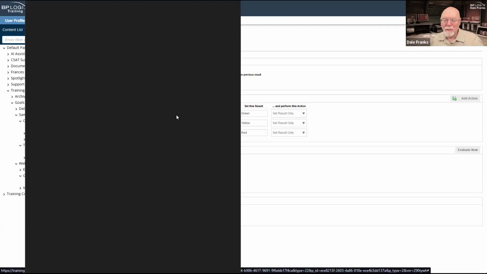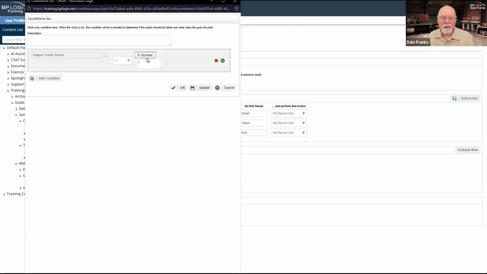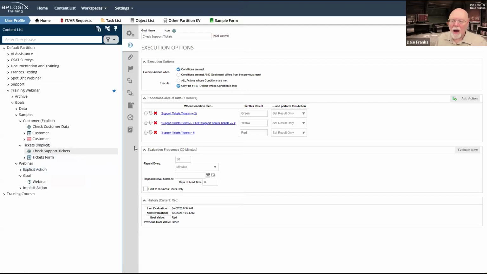So I've got this business value called support tickets, right? Well, the support tickets, number of tickets is, whatever it is, less than 2, less than 4, whatever it is. All right, whenever I call this, it is going to evaluate support tickets and it's going to pull that number. Now, that's why I have only the first action whose condition is met.